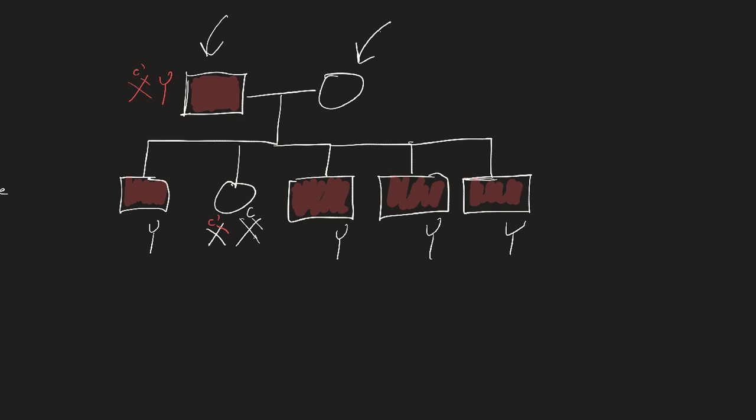So the X here had to come from mom. Now you all of a sudden know that this X must be X little c, and this other X will be X big C. Now that's really bad luck, and you might say, wait a minute. Here's my question to you, and this is what I want you to calculate. I'm going to pause here. This is only one gene, so this should be pretty easy. What are the odds that these boys would all be colorblind